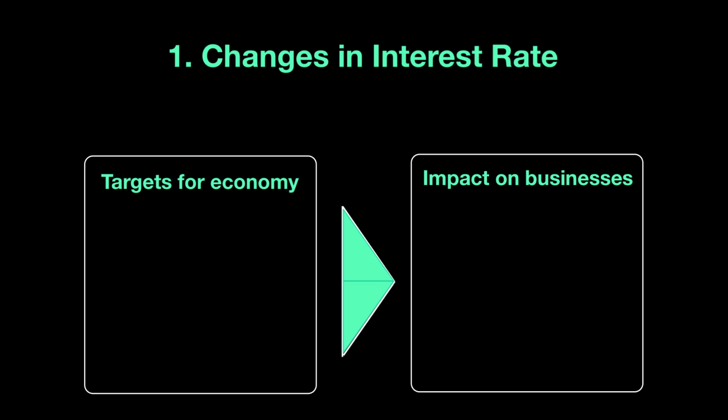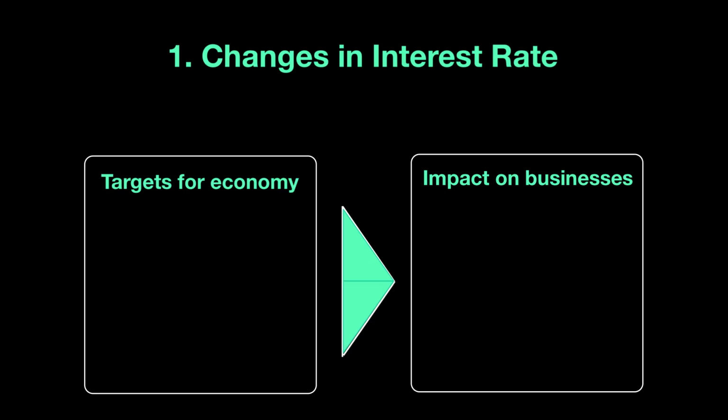So changes in interest rate is the biggest tool that the government has in its arsenal when they're debating over the monetary policies. Now, monetary policy decisions are taken quite frequently in every country, sometimes between 4 to 6 times during the year. But in the end, it's all about controlling the amount of money and in turn the amount of spending in an economy.